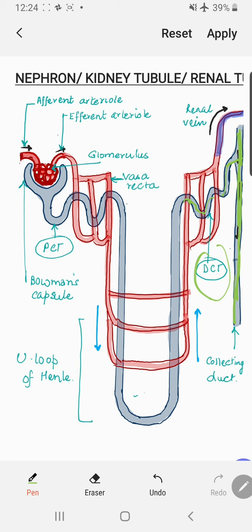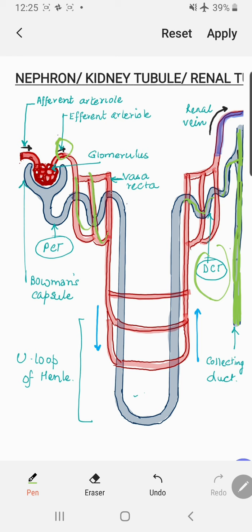I hope now you understand that this duct is just like a highway that is connected to so many smaller roads, right? Similarly, a collecting duct is running in a kidney cortical area, where it is collecting the urine from all the nephrons which are present there, so that it can take the urine further, right, children? I hope that the main structure is understood to you. Now let us see what is the fate of this efferent arteriole.